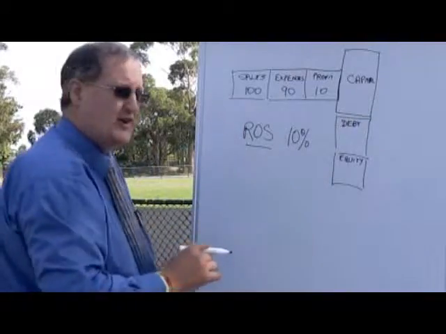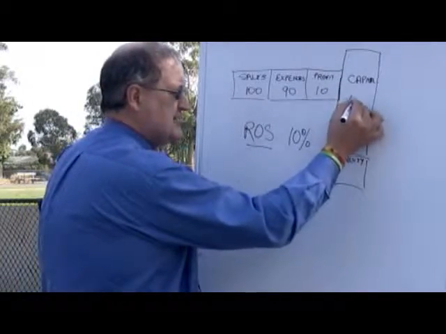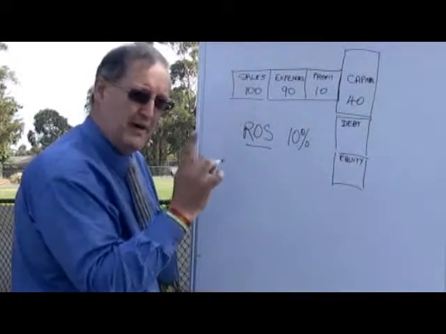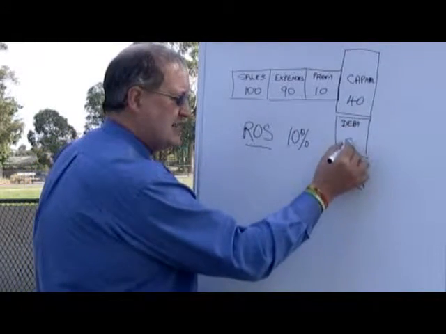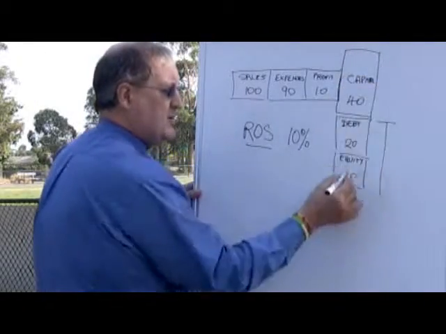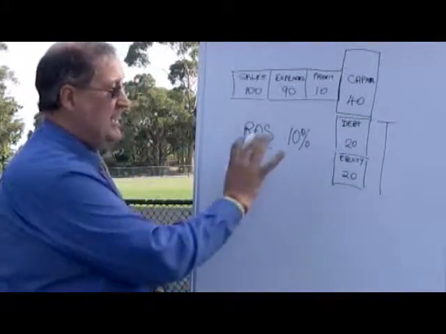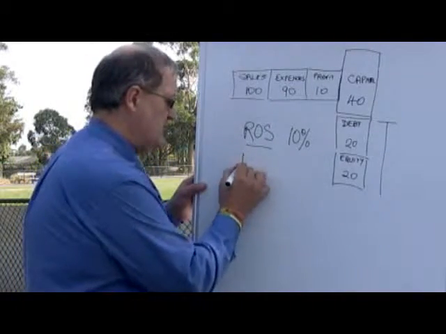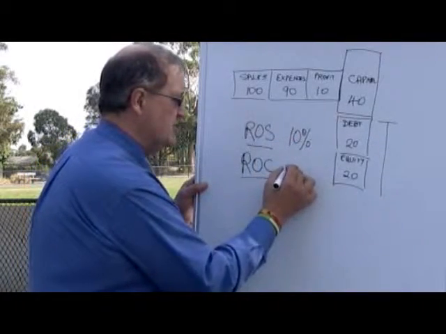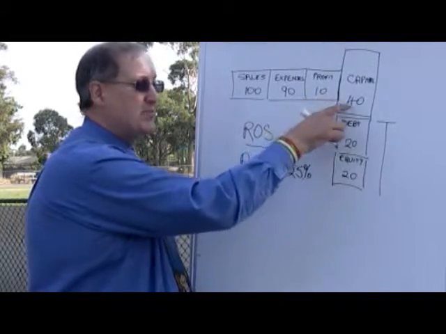But let's look at the right hand side here at the post, because it produces some different numbers. And the first one of course is capital. And let's say the capital was 40, and that 40 would have to be paid for by, let's say, some debt of 20 and some equity of 20. So for the uninitiated, the capital always has to equal the funding. So 40 is 20 plus 20. So now we can do a different calculation. This is one we call return on capital. And in this example, of course, it will come to 25%, because it's 10 divided by the 40.